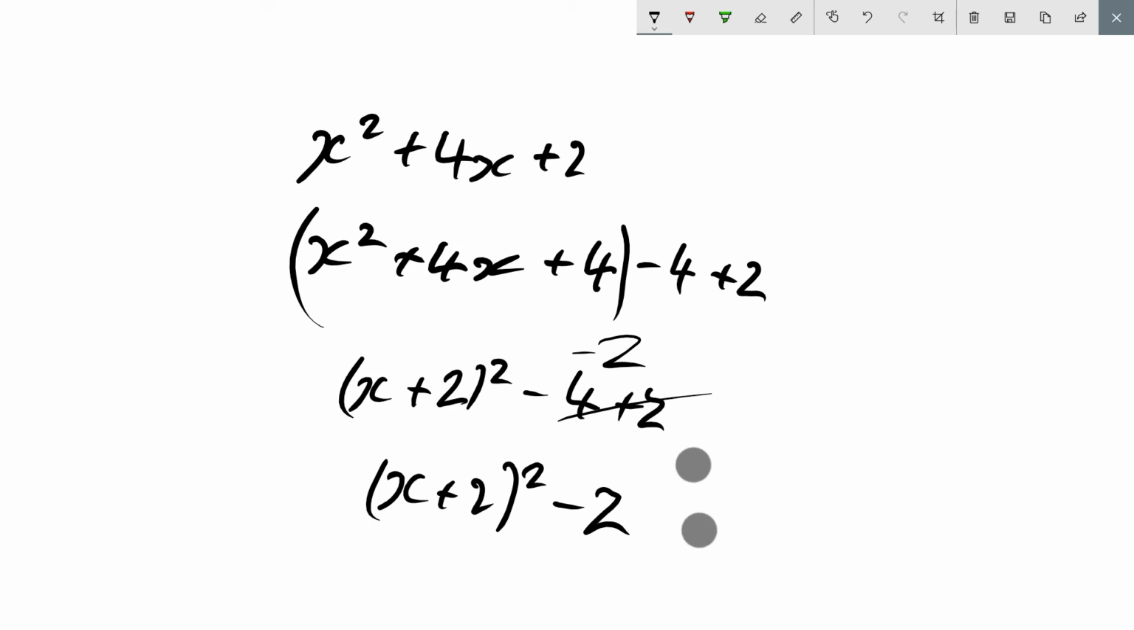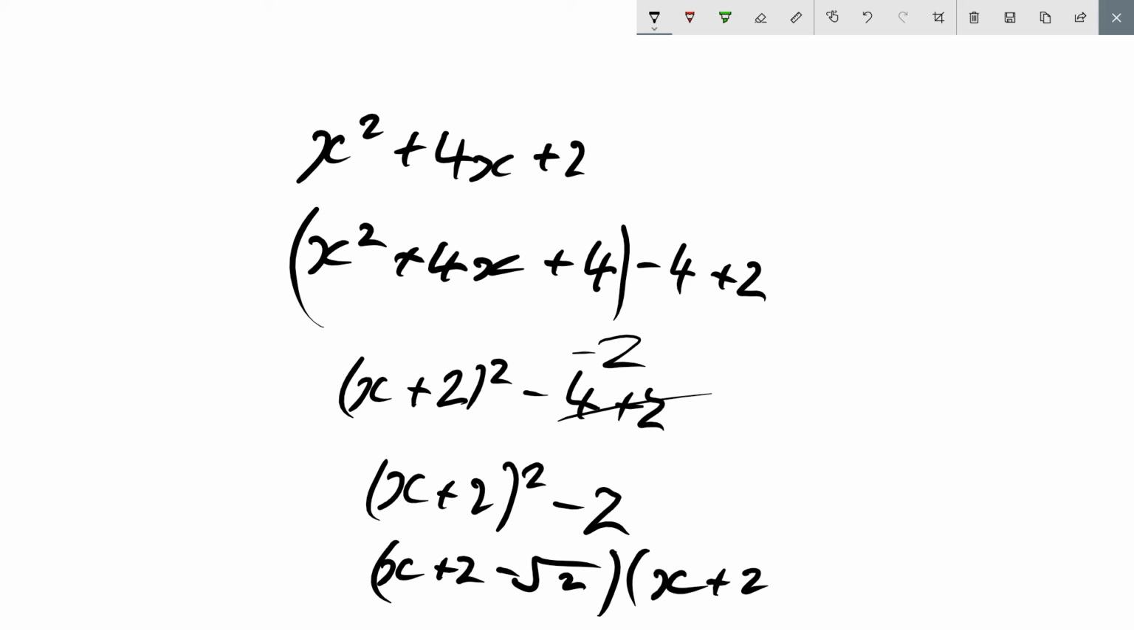Now, if you want to put this into the factorized form, you're going to have to square root 2 and put it in. So it will be x plus 2 minus square root of 2 times x plus 2 plus the square root of 2. If you expand this, you will find that it will come out as this. So that's all the time that I have for